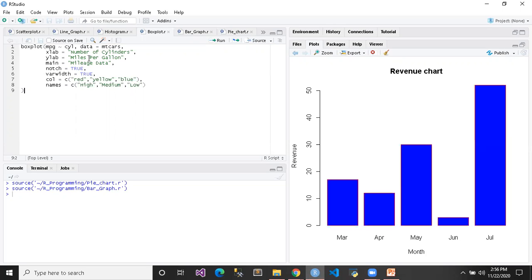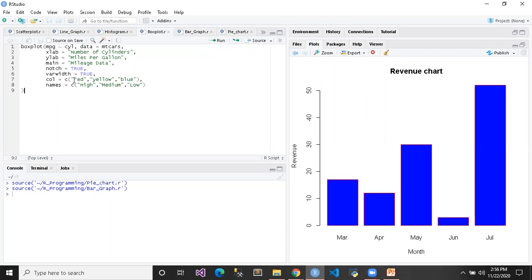It means the number of cylinders will be displayed on the x-axis and the miles per gallon will be displayed on the y-axis. Main is equal to mileage data. It means the title for the box plot chart is mileage data. Next is the notch. The default value for the notch is true and varwidth also has the default value true.